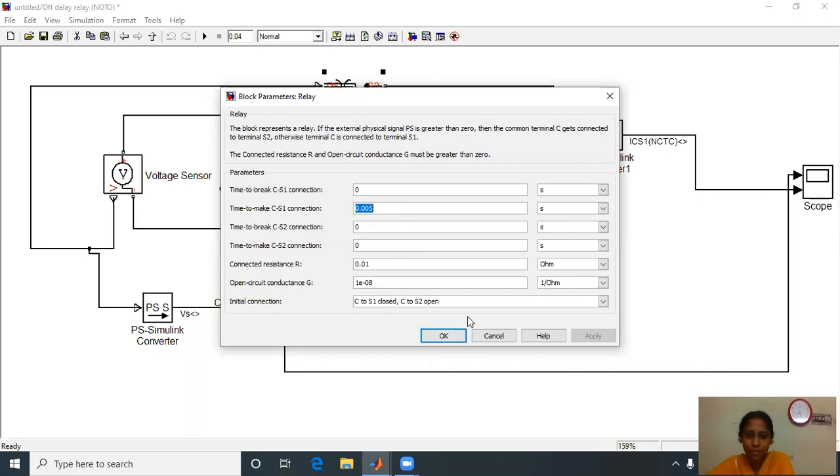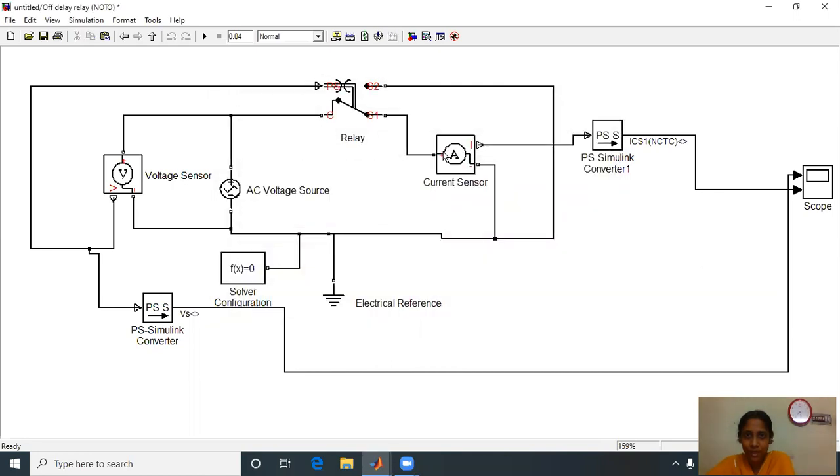Normally open means here CS2 path we have to take into consideration. CS2 is normally open and further opening time will be delayed. Further opening time or breaking time of CS2 will be delayed by 0.005 seconds suppose. And here the current sensor will be connected in between CS2 instead of CS1.